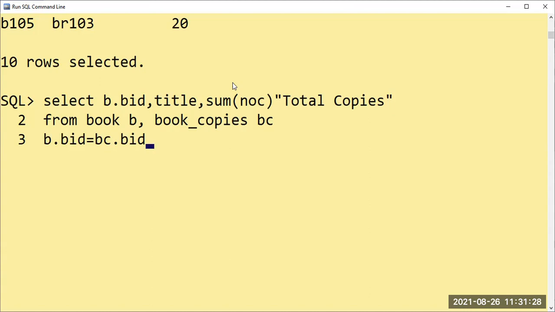Now we are doing the total, right? So DBMS is available in the first branch with 10 copies. DBMS is available in the second branch with 20 copies. DBMS B101 and DBMS B101 are the same. To put them together, we use what kind of function? Group by. I'm not going to call DBMS, DBMS separately. I will make DBMS one group here, and the total gets calculated automatically.